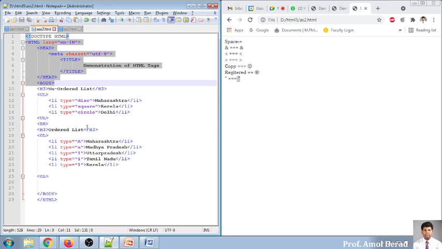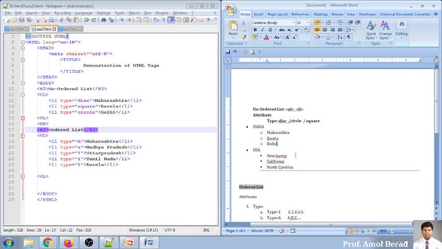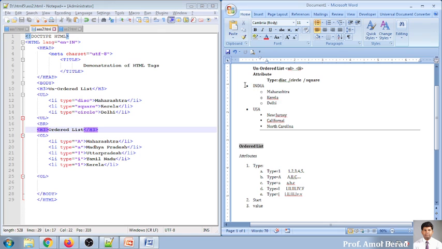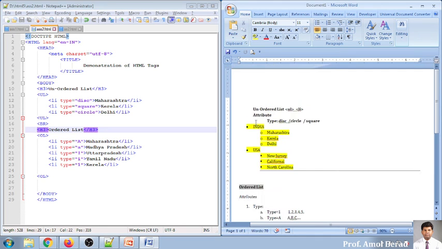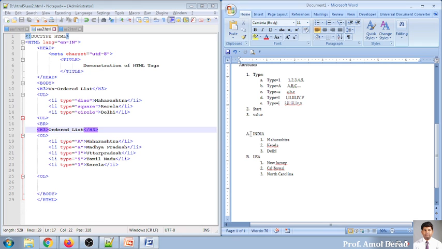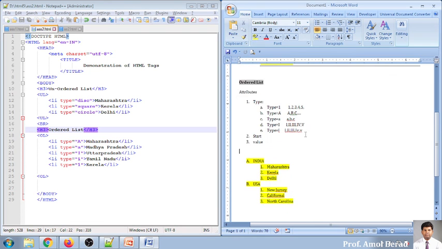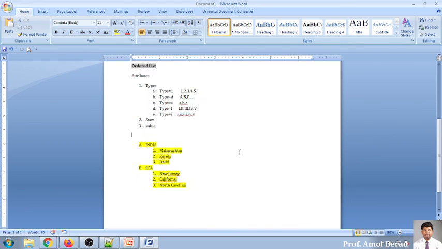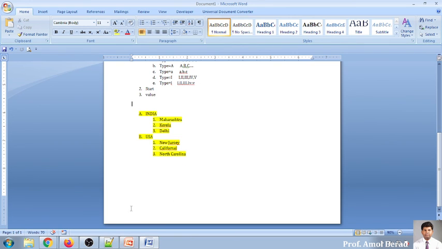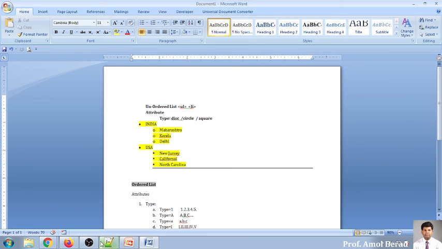Then the second assignment: you will display the output I am expecting, like this unordered list and this ordered list. I want these two outputs displayed in front of me. Two assignments: implementation of physical and logical elements, and implementation of ordered and unordered lists. Is it clear to everybody now? Yes, sir.